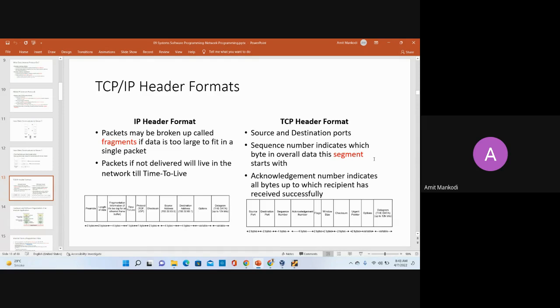What identifies the application is the port number. So there is another addressing that is required, and that is the port number on which a particular server application is running. So the combination of IP address and the port number will identify the computer and the application to which that data belongs. Okay, so this slide is a little bit